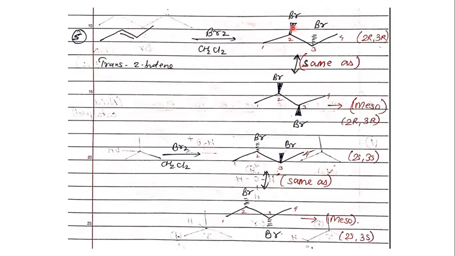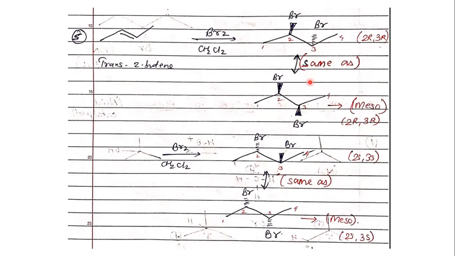On one carbon you are going to get a wedge bromine, on the other carbon you are going to get a dash bromine. Now, if you remember the configuration assignment from last time, you can try it. You will still get 2R and 3R. I've done the numbering here. We get R configuration on the second carbon and R configuration on the third carbon, which is nothing but the same as this compound that I've drawn here. You can again try to do the configuration here. On the second carbon we'll still get R, on the third carbon we'll still get R. So 2R, 3R, 2R, 3R. So these two compounds are identical.